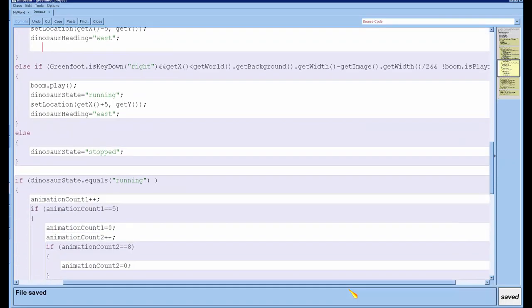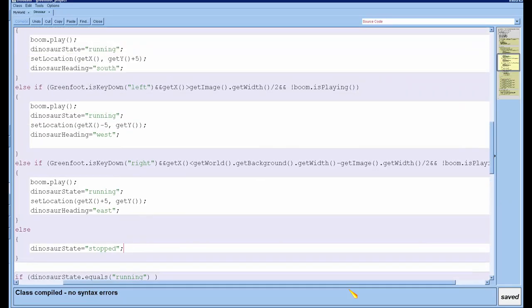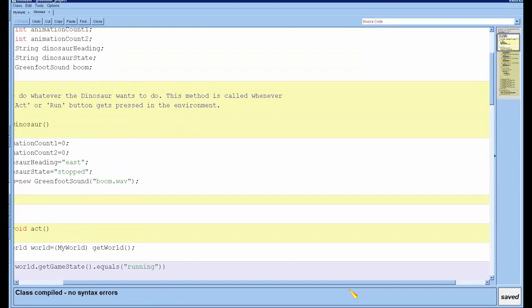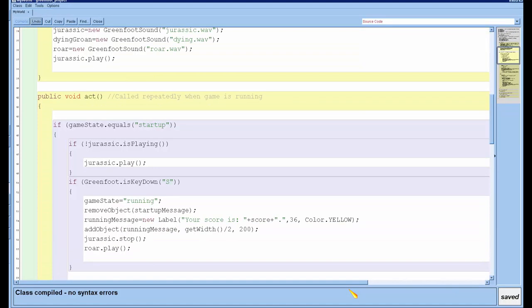All right, and let's see, dinosaur is stopped. Okay, so when he stopped, it won't start playing again. All right, so let's see if this works.